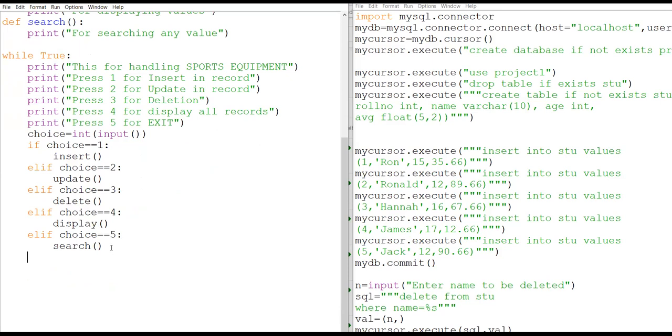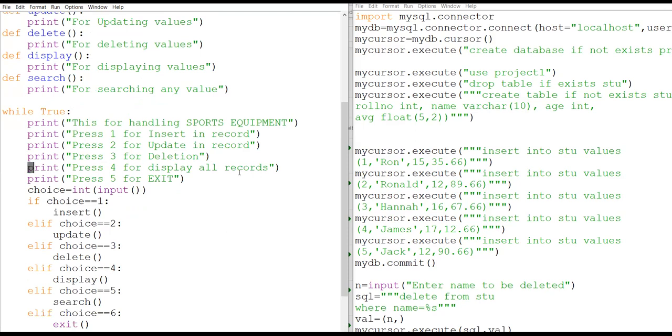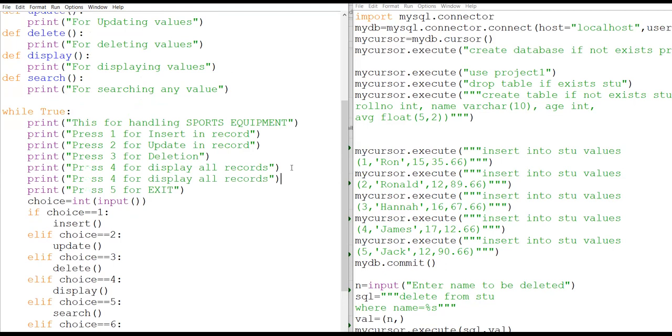Then else, if choice is 6, we will be mentioning over there. In that particular case, exit is a predefined function which is already inbuilt. So over here we are making one more choice, that is for the fifth choice we are going to add display specific record. And for sixth, it will be that we are coming out from here. Anyone, any doubt up to here?